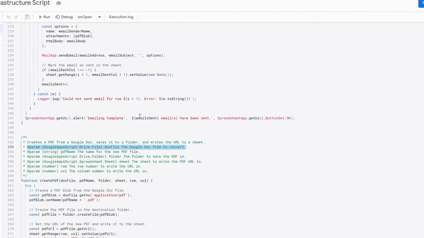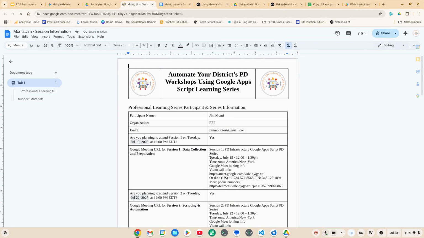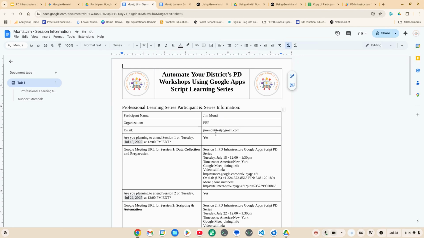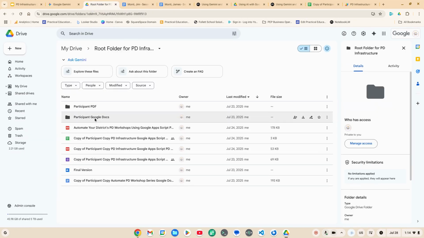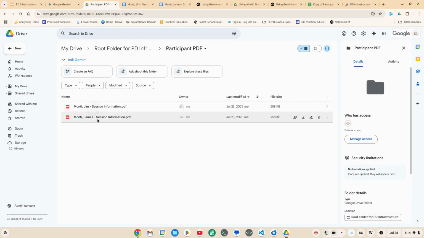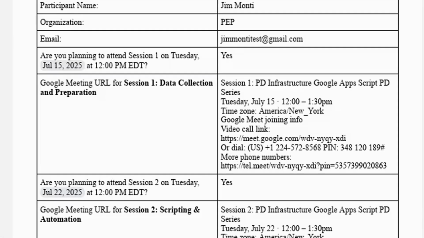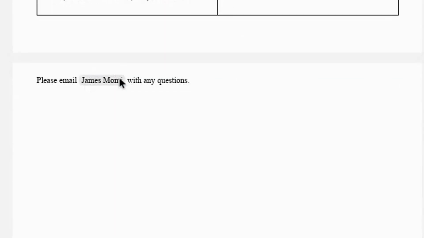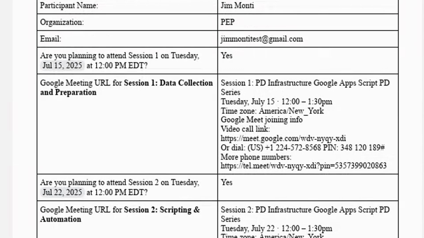Gemini, and I ran it, and finally, upon my final run, it created the document that I wanted for the Google Doc, and it also ended up creating my PDFs the way I wanted them created as well. So when I opened up my last PDF file, it looked exactly the way I wanted it to, and it actually emailed this document out to the appropriate email address,